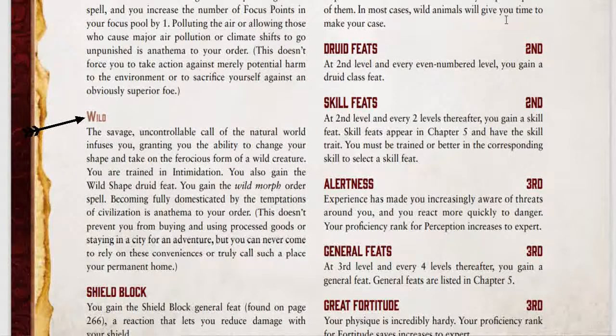Add becoming fully domesticated by civilization to your Anathema. This does not prevent you from buying or using processed goods or staying in town for an adventure, but you can never come to rely on those conveniences or call such a place your permanent home. And remember that all druids can do something similar to all of these, but whatever order you pick determines what